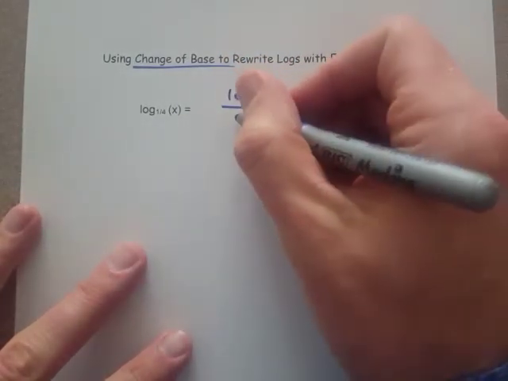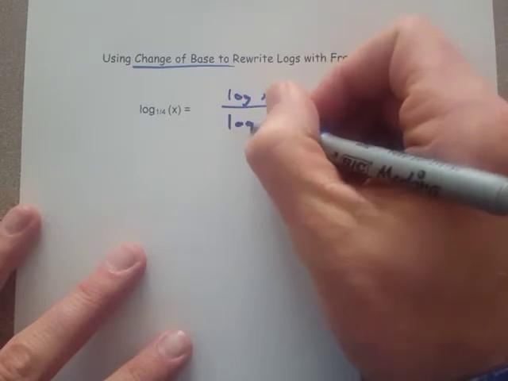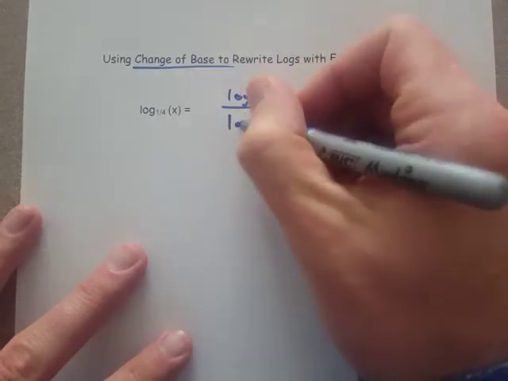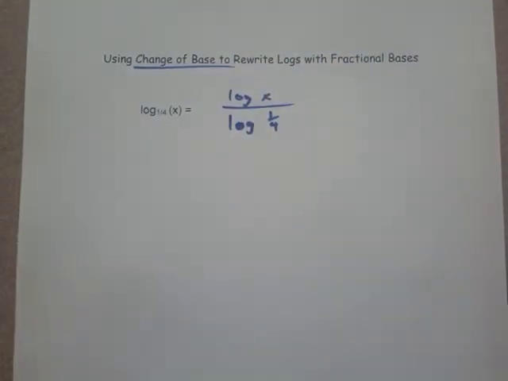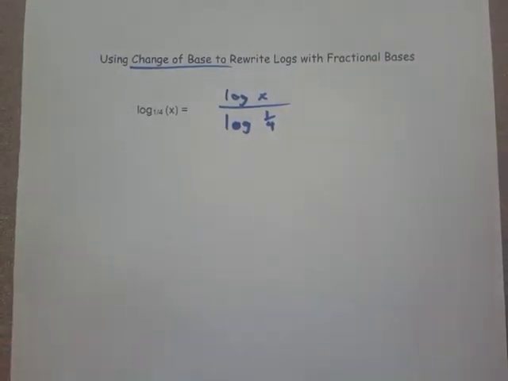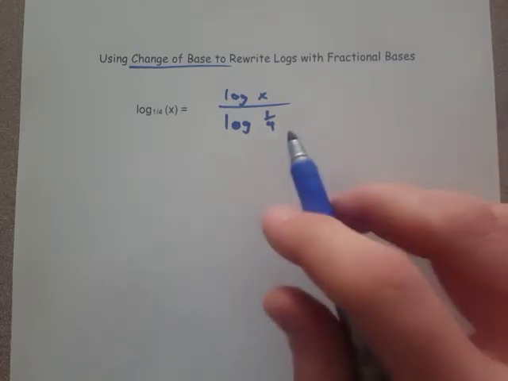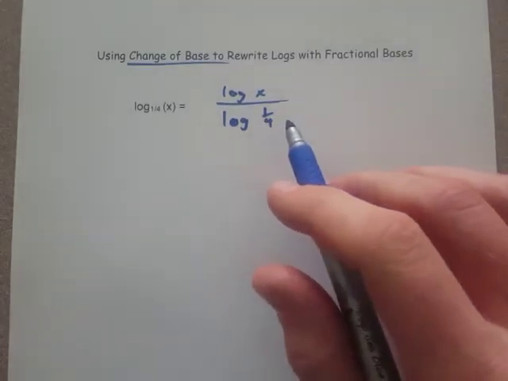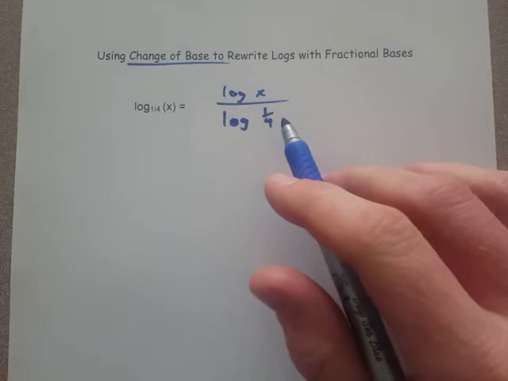x divided by log of 1/4. Just do it exactly as the formula tells us. That's what we end up with. Now we want to try to get rid of that fraction, and we're going to do that using one of the log properties. To start with, I just want to remind you that negative exponents produce